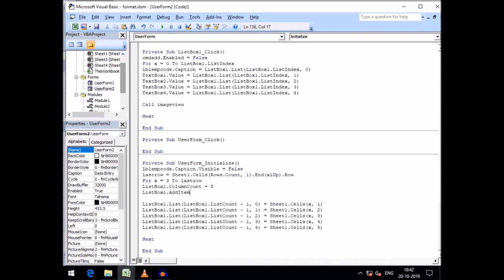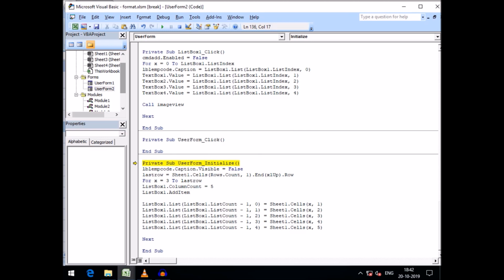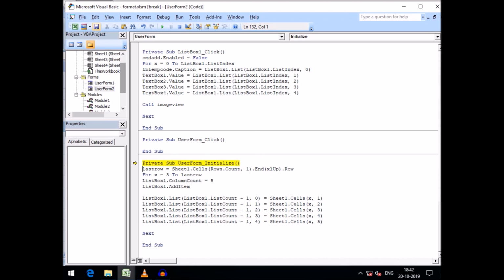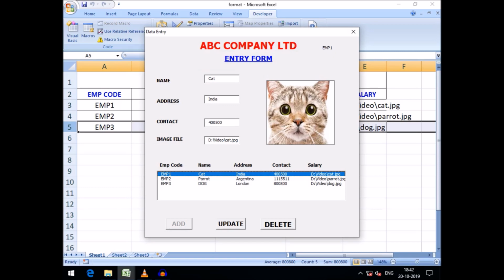Say what happens. Not working here, just delete it. If you don't want to visualize this, so if we don't want to make it visible,